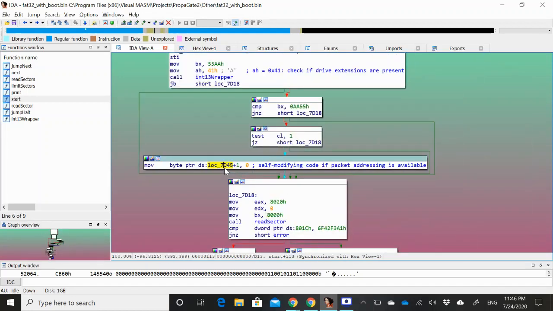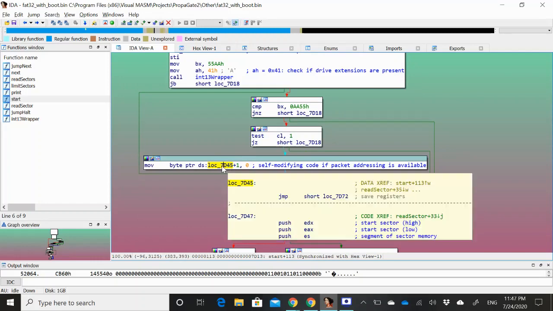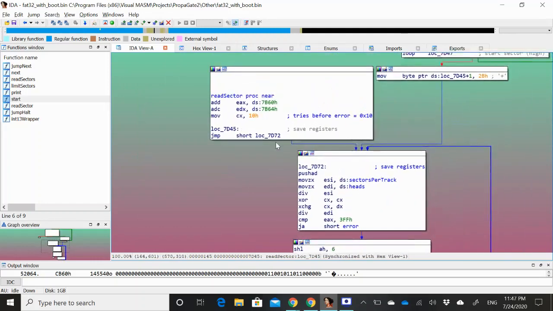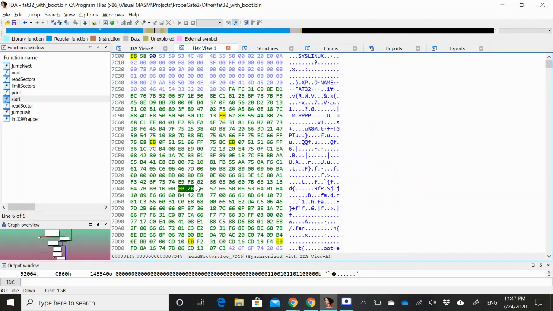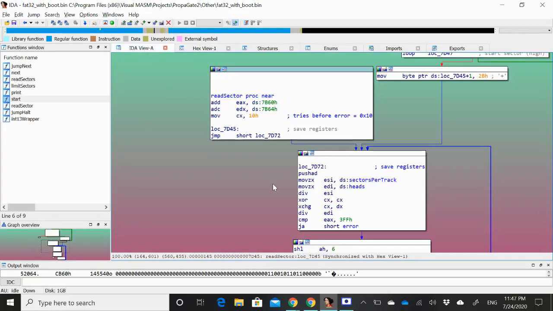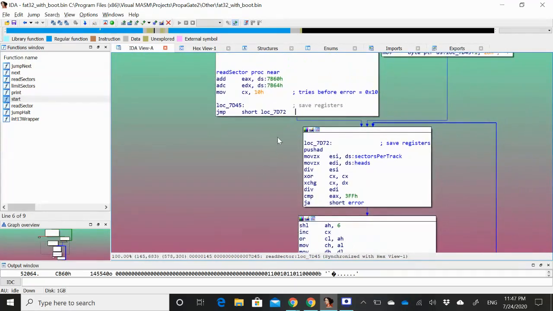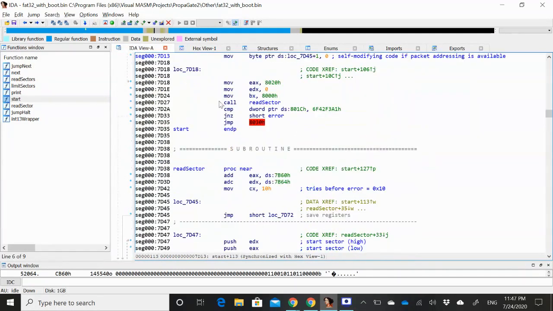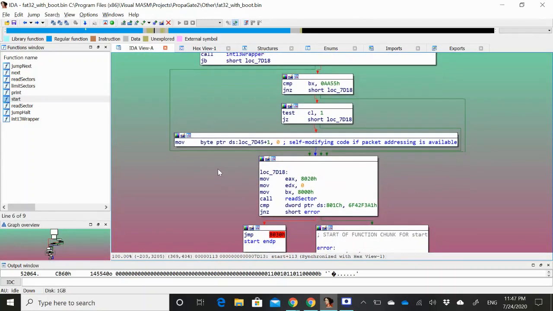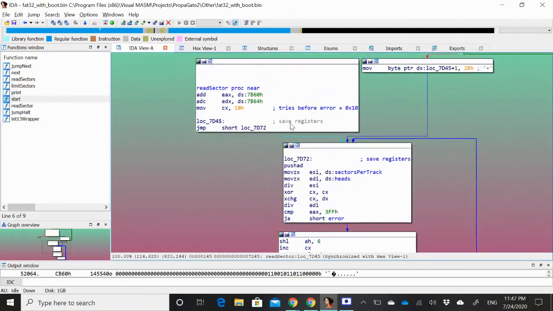Now this is very strange, but if we actually go and see what's going on, we follow the link here, we can see that this location is here. And going to the hex view, we can see that this is a 2-byte jump instruction. So if we move 0 into that address, what we're essentially doing is saying we're not going to take the jump at all, we're just going to continue on with the next instruction. So this is essentially some crazy voodoo